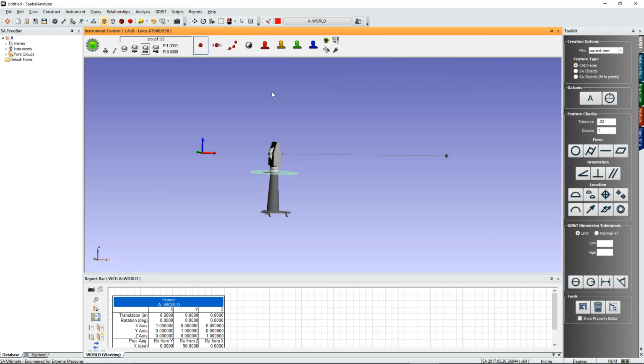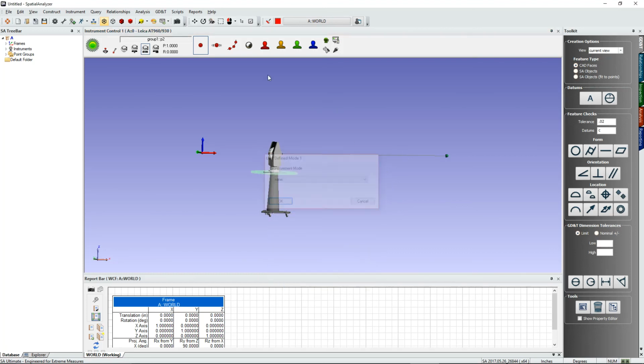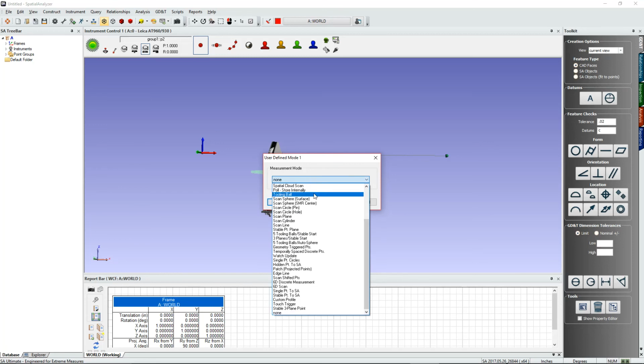So that can really save you time if you're tying into a tool that has a lot of tooling balls on it. You can just simply use the tooling ball measurement profile, and SA will return just 1 single point at the center there. The next 4 icons here are custom measurement profiles, which you can set to any of the measurement profiles which you've already created. And so if you right click on any one of those, you will get this dialog that allows you to define those. So some other popular ones are